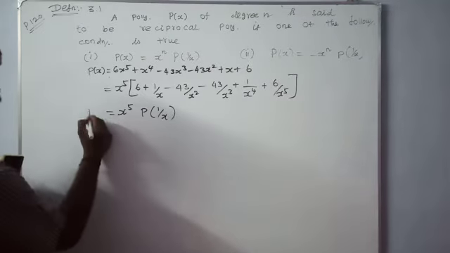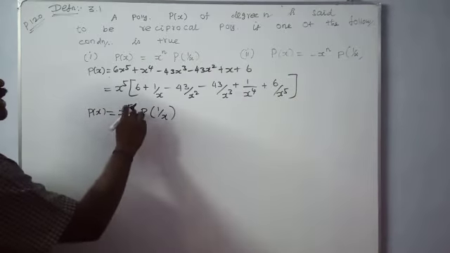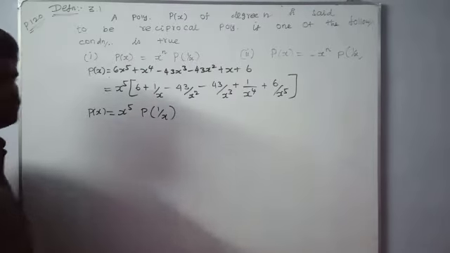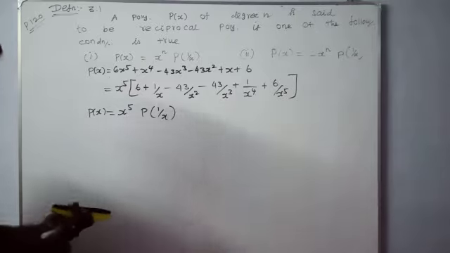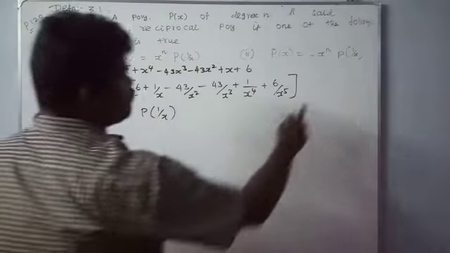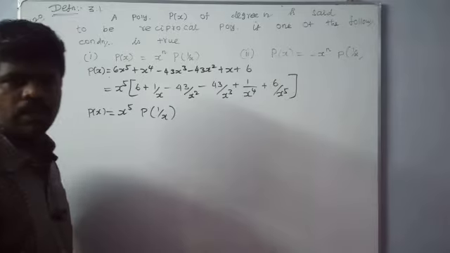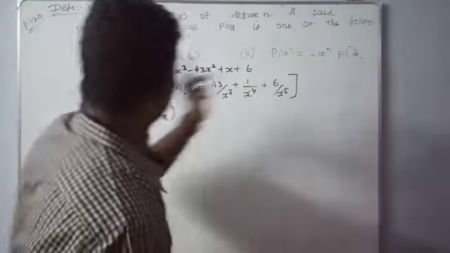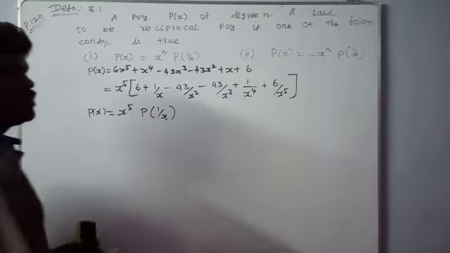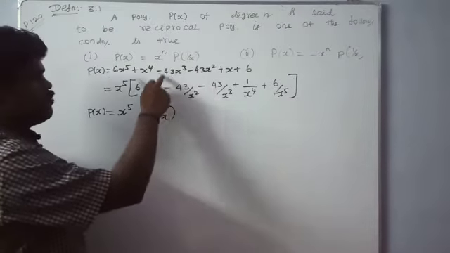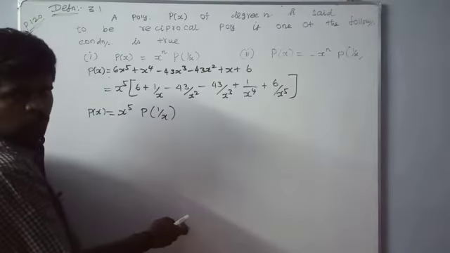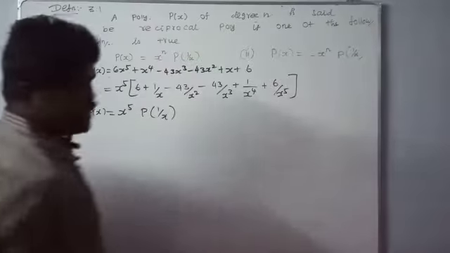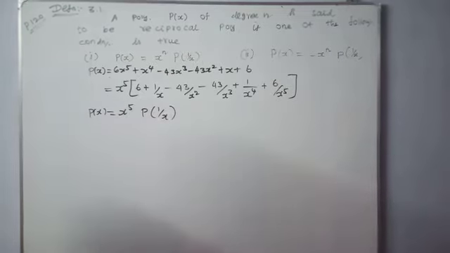So this is p of x is equal to x power n. Here n is what? The leading coefficient is 5. Degree is n in p of 1 by x. Okay? Right. So this is the explanation of this one. And suppose category 2, reciprocal equation of type 2, we want to take minus x power 5 outside. If suppose this equation is type 1 and the second equation is type 2, we want to take minus x power 5 outside. So this is the example of these two conditions.